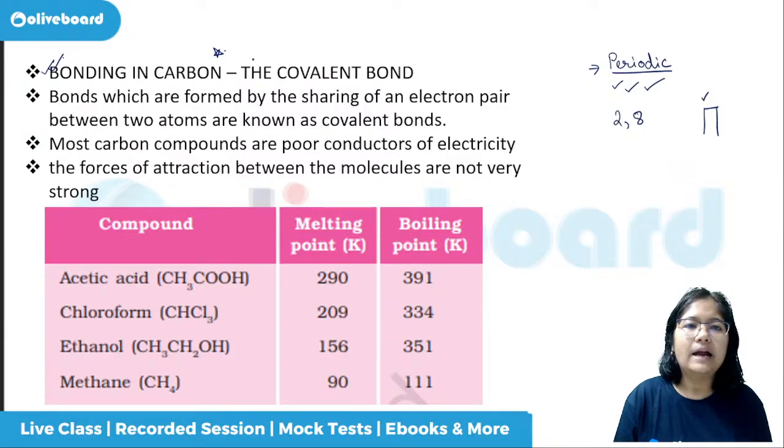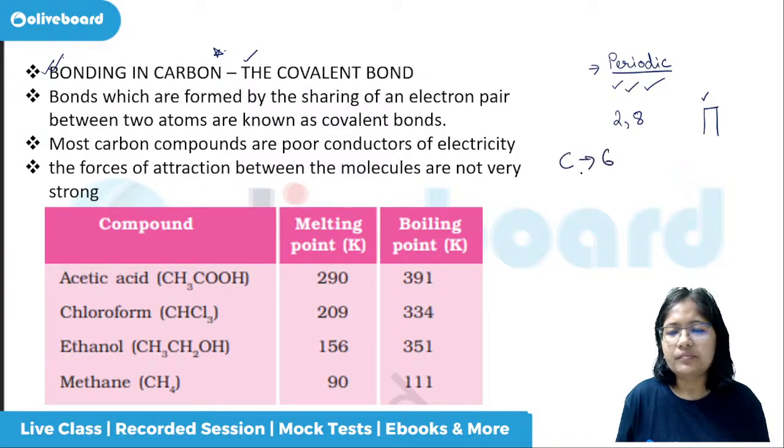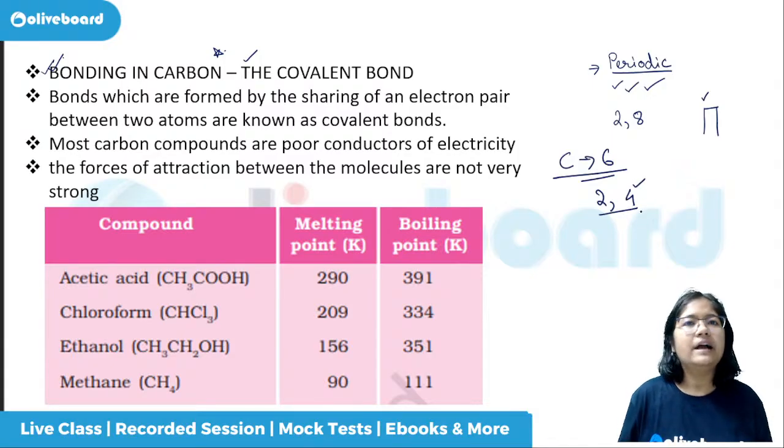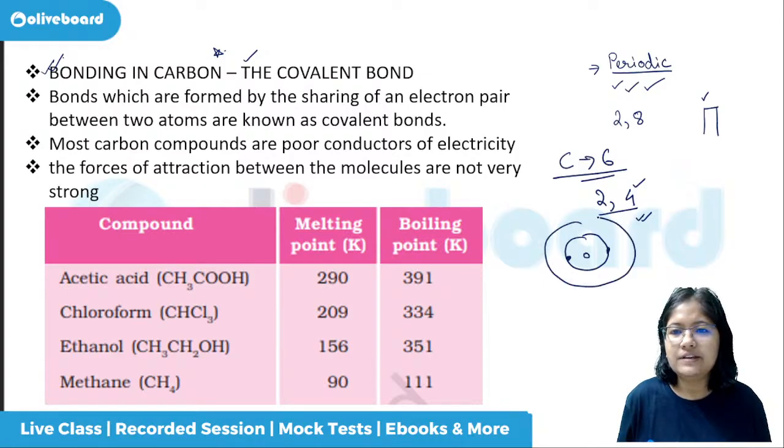But if you look at carbon, then hydrogen, helium, lithium, beryllium, boron, carbon. How much? Only 6. Now, if you have to structure this, then it is 2 and 4, right? So the outermost shell will have 4 electrons. But we also studied during the understanding of the periodic table that if it is less than 4, then you want to achieve how much? You want to achieve 8.